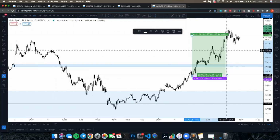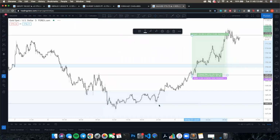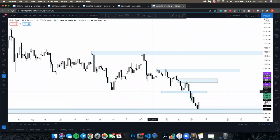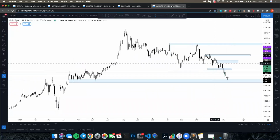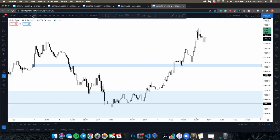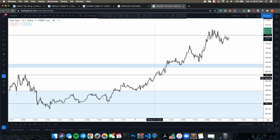So yeah, that was gold. Daily looks clean. Daily rejected right at 1680s, pushed up. Who knows, maybe gold will just consolidate, play ping pong for a bit before doing the next move, because we just did a solid move, right? So I'll just be waiting, but it just goes to show that 300 pips down the day before, 400 pips back up. And all you have to do is just follow market structure